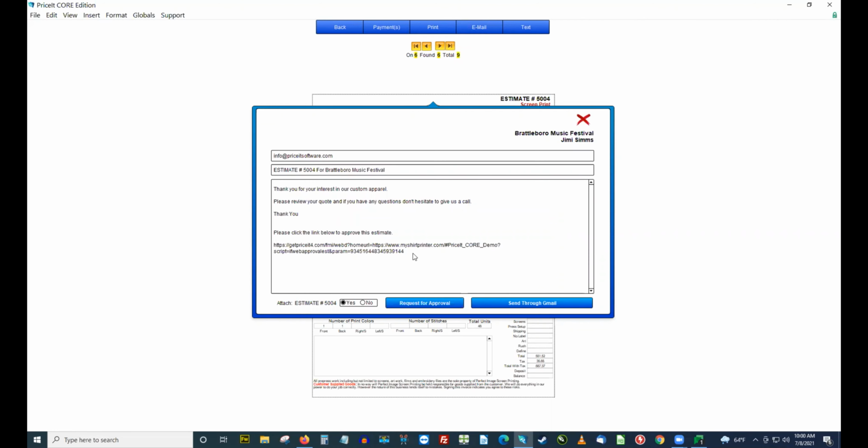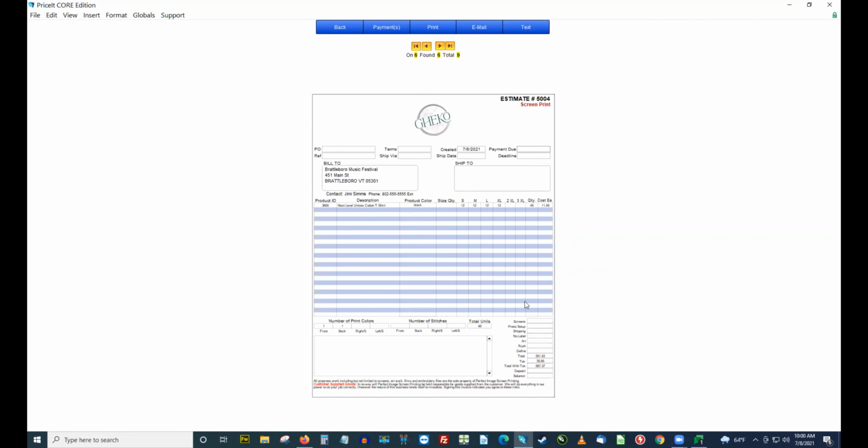And this drops a link in. This link is then sent to an email. And I'm going to go ahead and send this to us. And I'm going to open it up so everyone can see what that looks like. So I'm going to click on send through Gmail. Now, while I'm waiting for that to hit my email box, I'm going to show you what it looks like